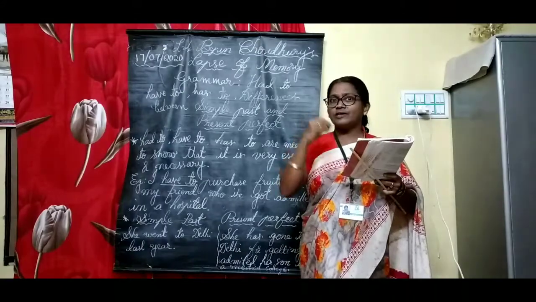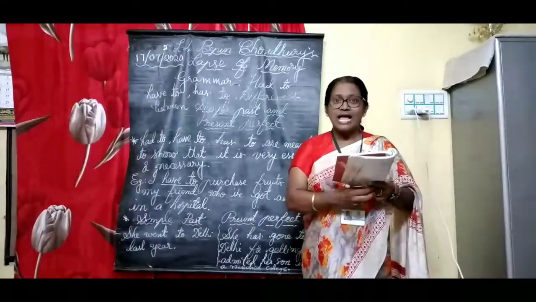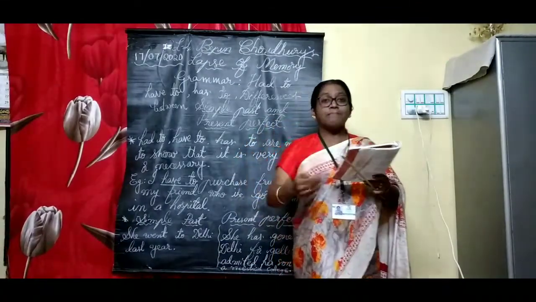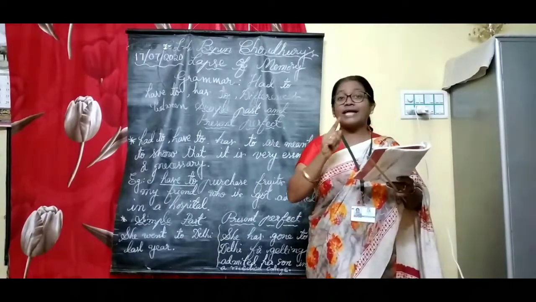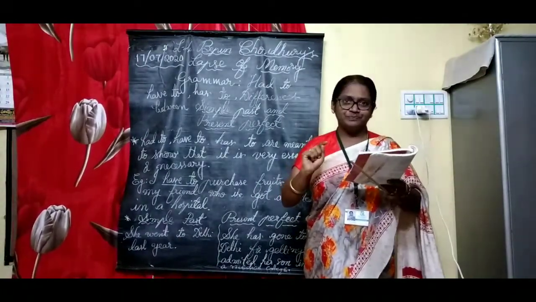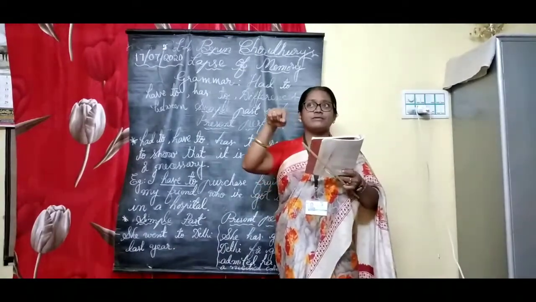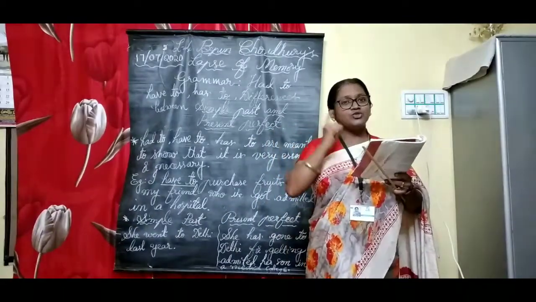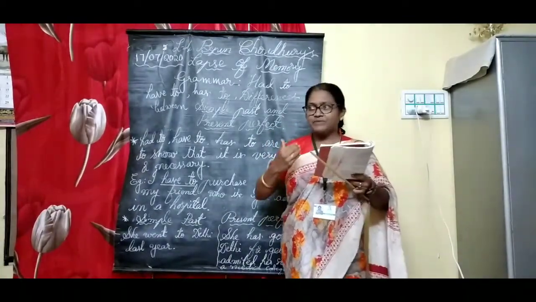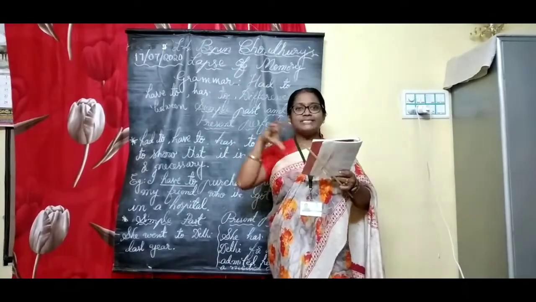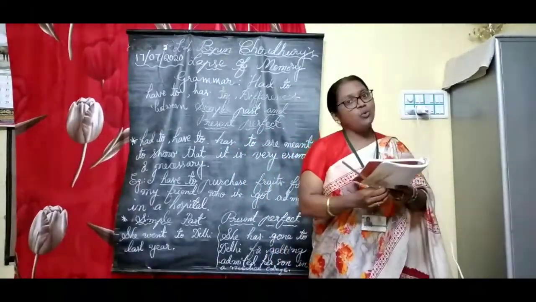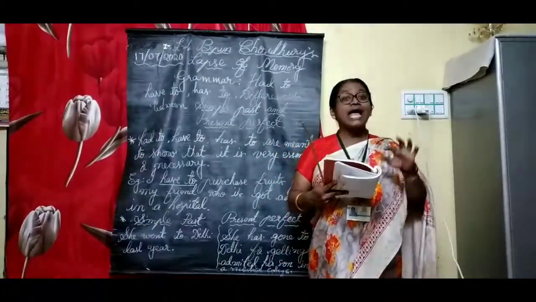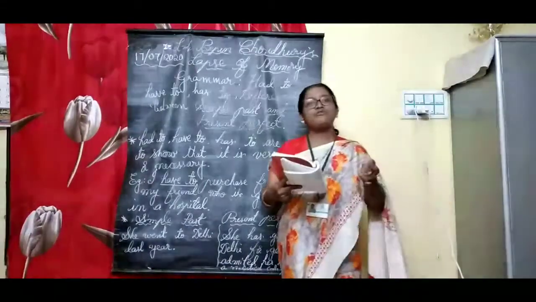When you use third person singular in present tense, you have to use "has to". Suppose you use the third person singular he, she, it, but you are talking about the past tense, you can use "had to" but not "has to". When the judge demanded her to speak the truth, she said something in her truthful way. That means she had said something in a right way. She told the truth is the right way of expressing. So here you have to use the phrase "has to". She has to.